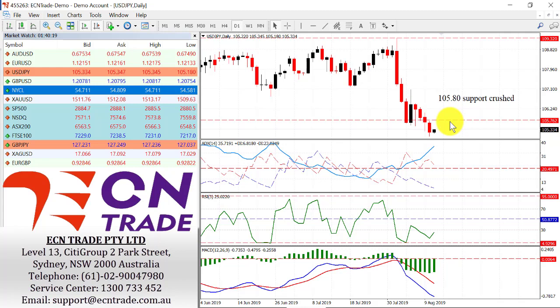Since the break of 105.80 in dollar yen, the market has remained negative. Yen has strengthened and most probably likely to continue, with the uncertainty around the globe now increasing due to the fact that political unrest in Hong Kong crippled one of the busiest airports overnight, and with that there was at least 100 cancellations of flights. Along with that, we've seen